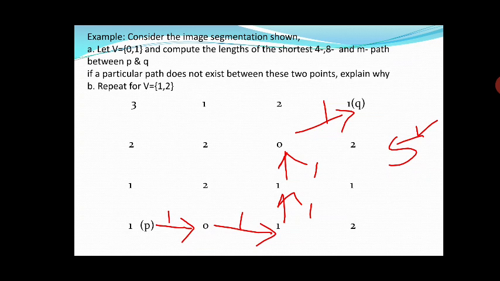Now V will be 1 and 2. It means when you're checking its corresponding neighboring pixel, you check that its value is from the set V. Now the values are 1 and 2. The value of V can be given as anything. It will depend on the image and its pixel values. I hope you understood the class.